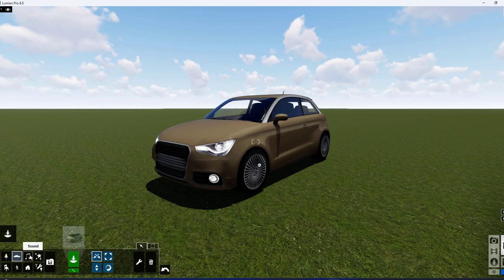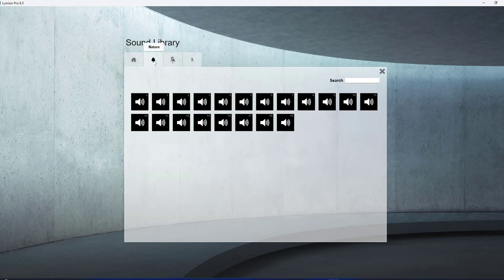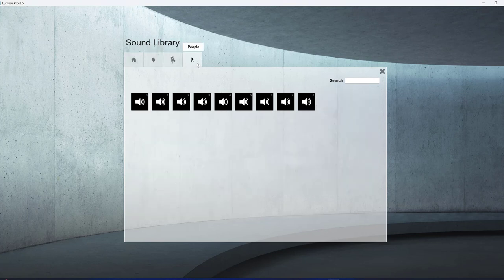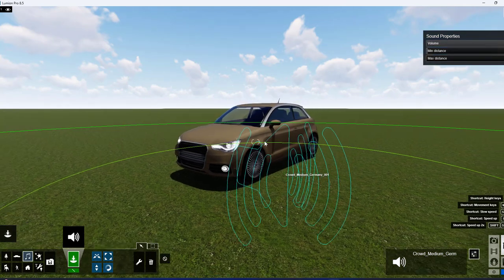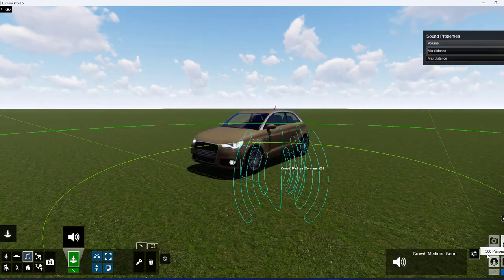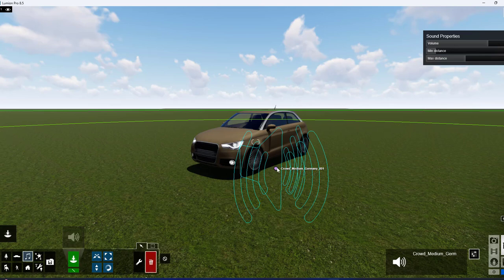Then go to the place mode, and then you can go to the sound option. While creating walkthroughs, here you will get different types of sound: school sound, gym sound, shop sound, hotel sound, nature related, things related, people related. Depending on the category, you just place that sound where you want. Once you place it, you can change the volume of the sound, and you can increase or decrease the distance of that particular sound like this. Now I am just deleting.